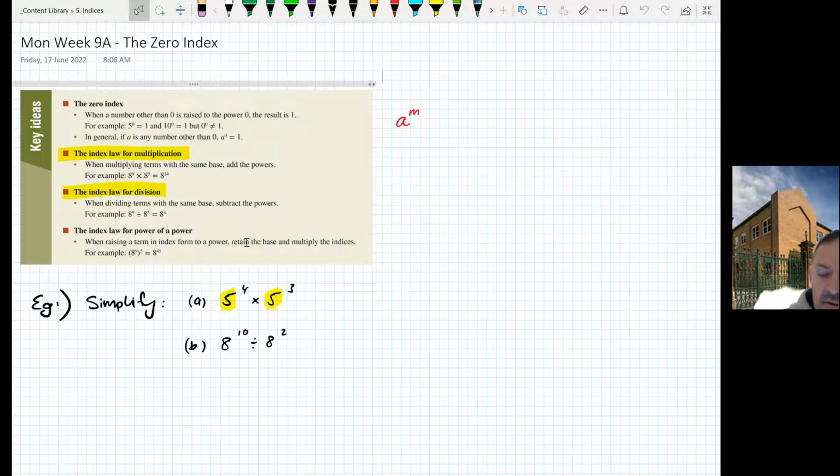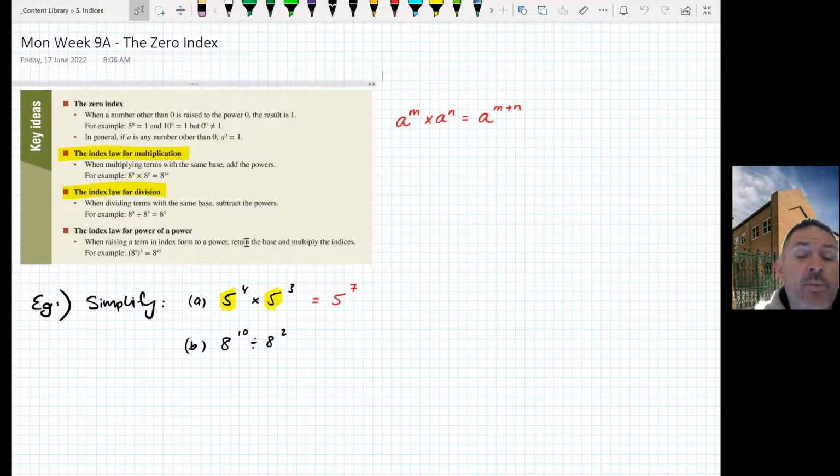We said a to the power of m times a to the power of n equals a to the power of m plus n. And so what that law said was that when we are multiplying a common base, whatever that might be, numerical or algebraic, then we simply add the powers. Now, in this instance, if we do that, we would get 5 to the power of 7,